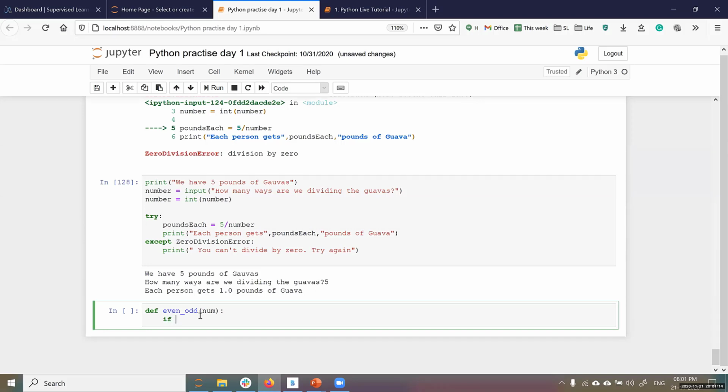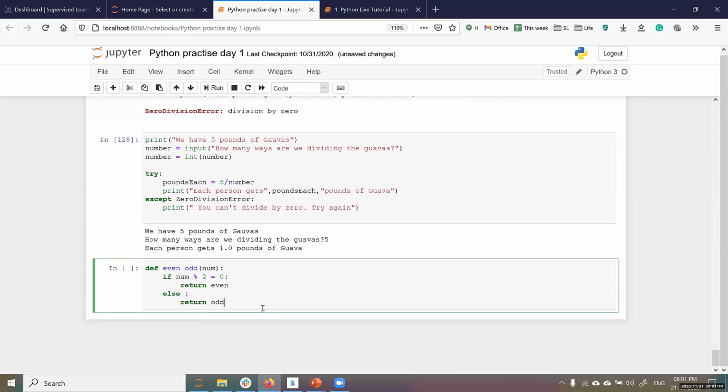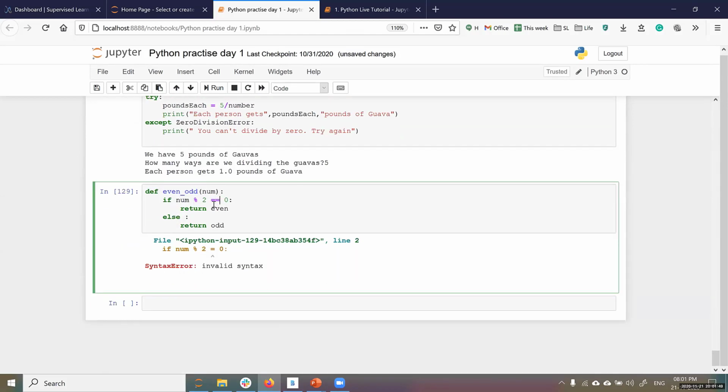So if number percentage of 2 is equal to 0, okay, you can return even, else you can return odd. Sorry, this should be double equal to.